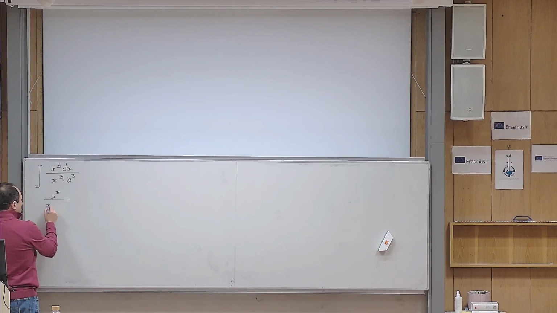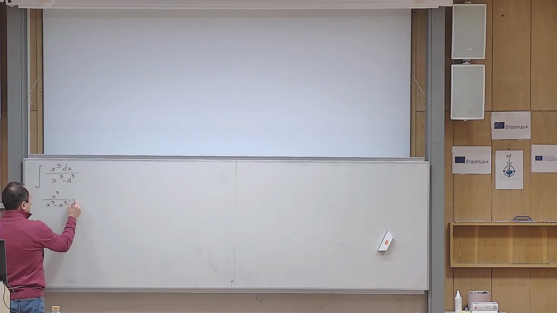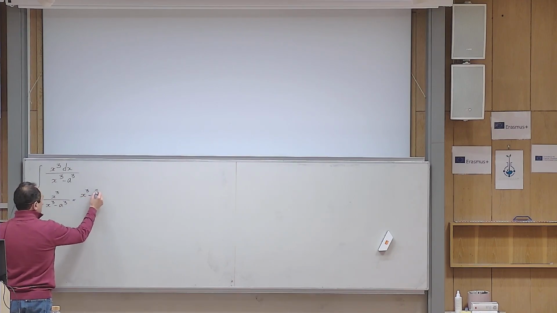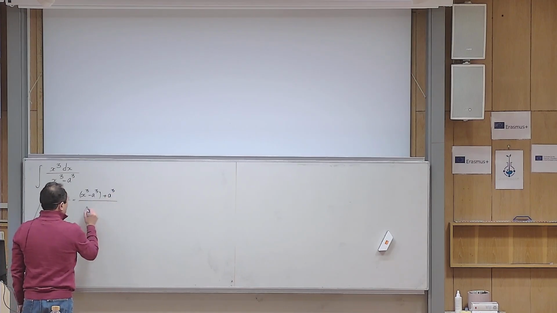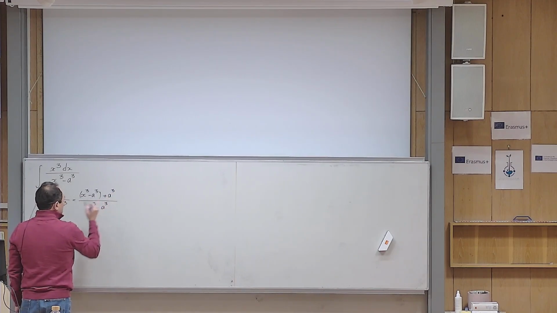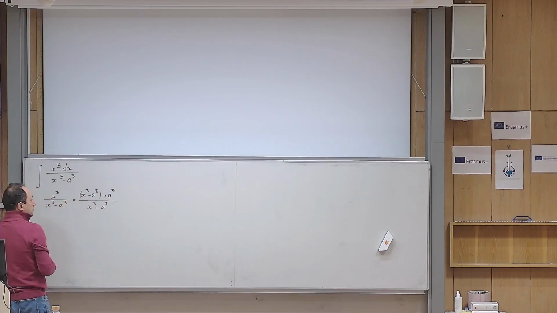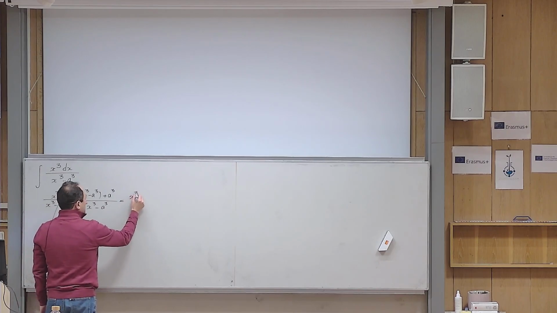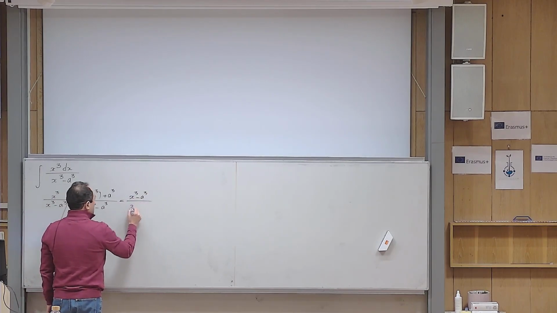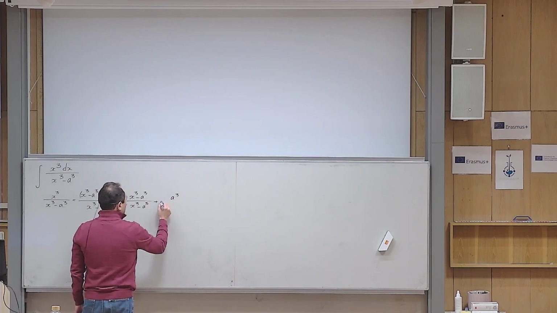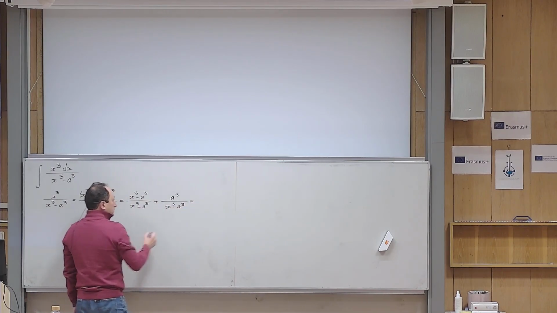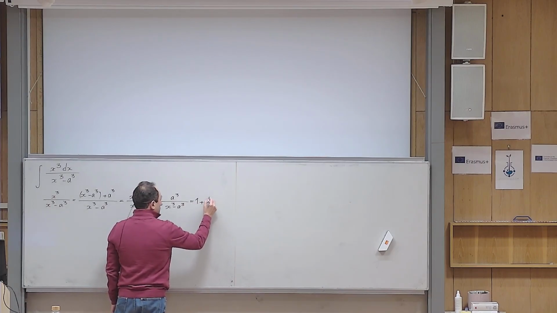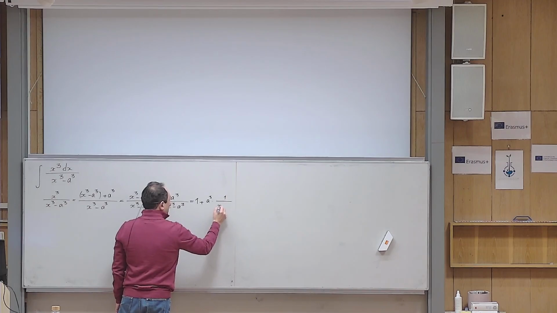So I would write this fraction as x cubed minus a cubed, plus a cubed, divided by x cubed minus a cubed. This is exactly x cubed. Now I write it as x cubed minus a cubed divided by x cubed minus a cubed, plus a cubed divided by x cubed minus a cubed. And then this is simply 1, plus a cubed multiplied by 1 over